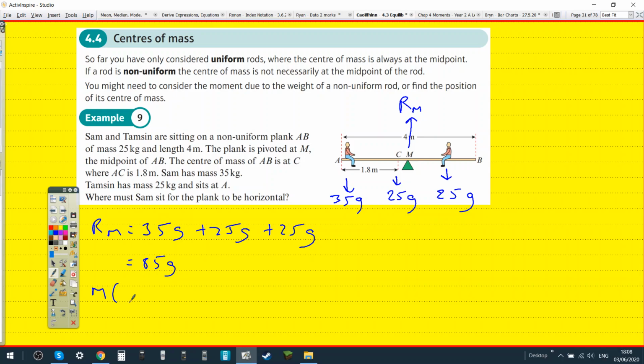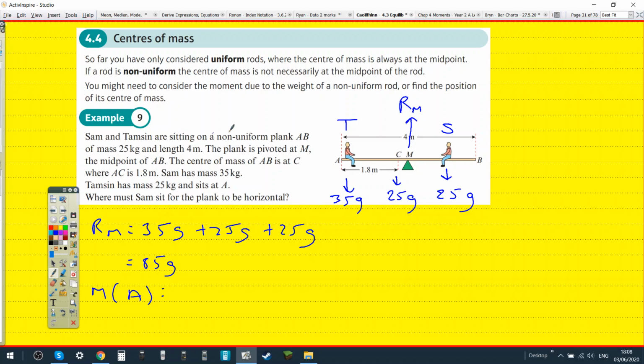If we do a moment about C, can you do 1.8 times 85g? Let's start with moments about A. Okay, so 35g times 1.8. No. Did you do 35g because of Sam? Wait, is Sam on the left? I think so. You're right. Yeah, that's it. Okay, so